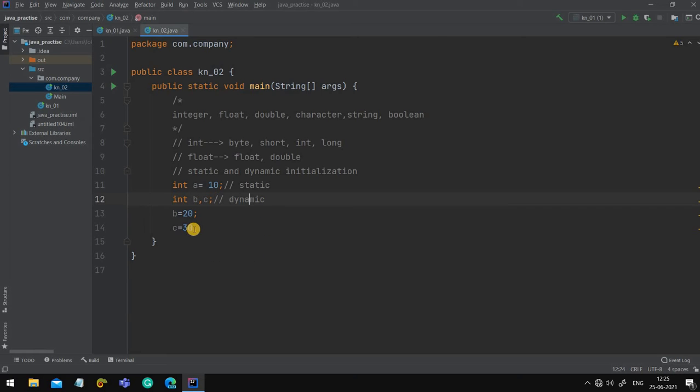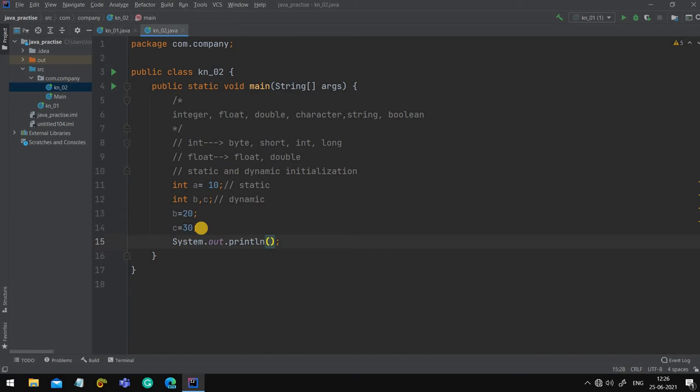Okay, so we do have two types of initialization. Now if you have been writing programs from before, and I write here a plus b, which type of initialization will this be? This will also be dynamic initialization. Okay, this is not static initialization. This you need to understand. Now let's use the print statement and print all these things.